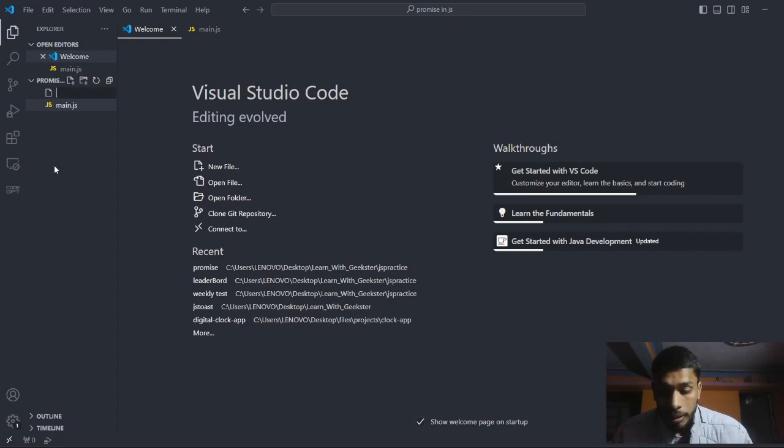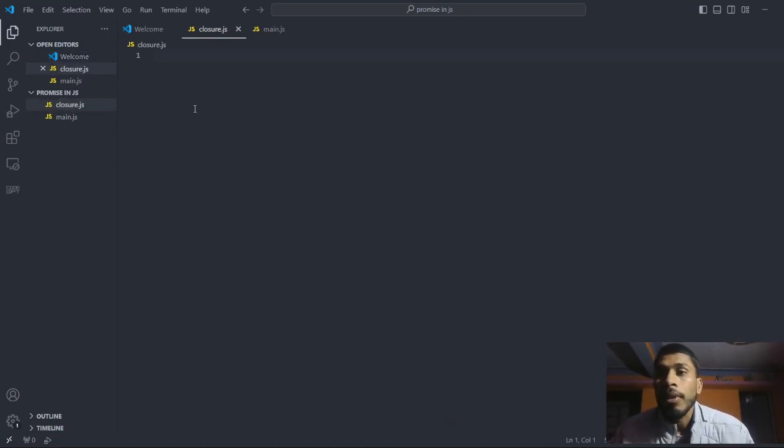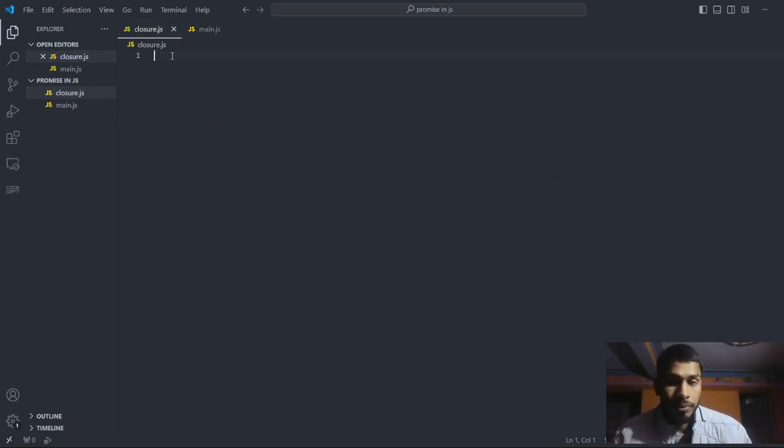So let me make a very good function file for that, closure.js, right? In this particular function, I have to show you the closure, how the things are working and what this closure means.